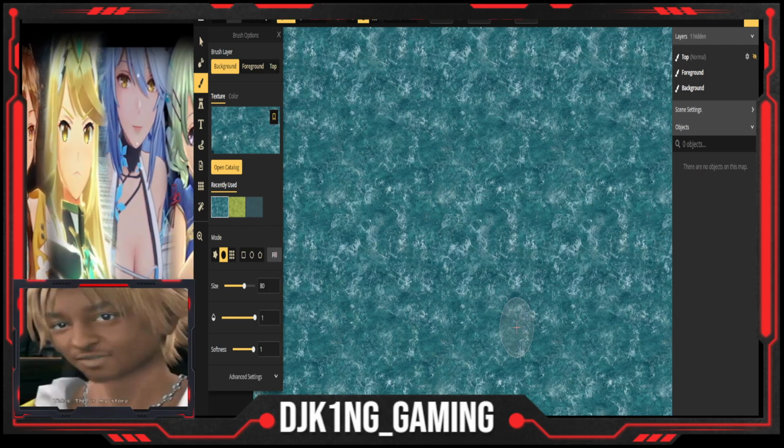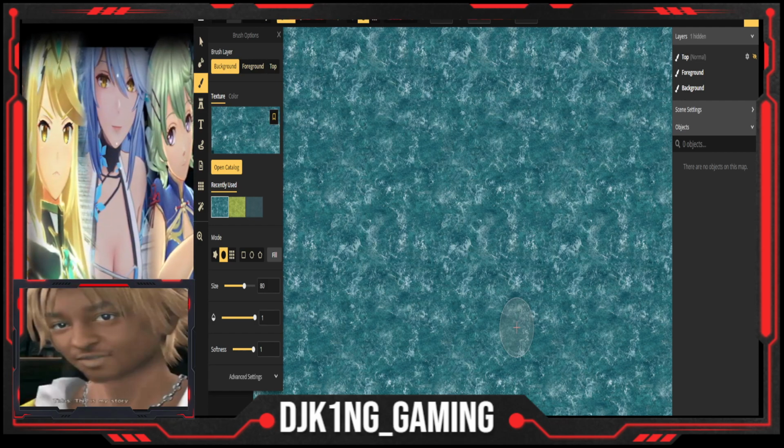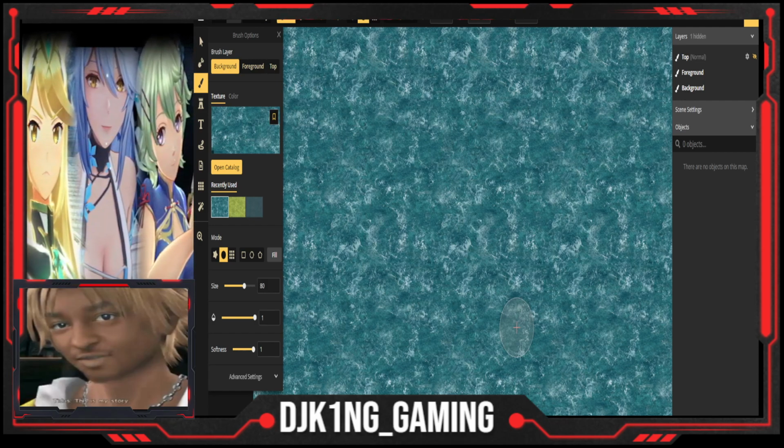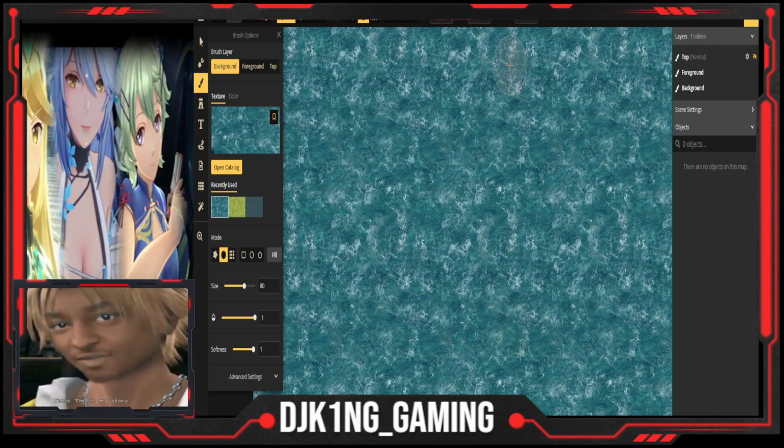That way you have the water tiles, the water layer, and then the continent layer, so that the water layer moves, but the continent layer does not move. So, and I'm going to show you right now. So let's go ahead